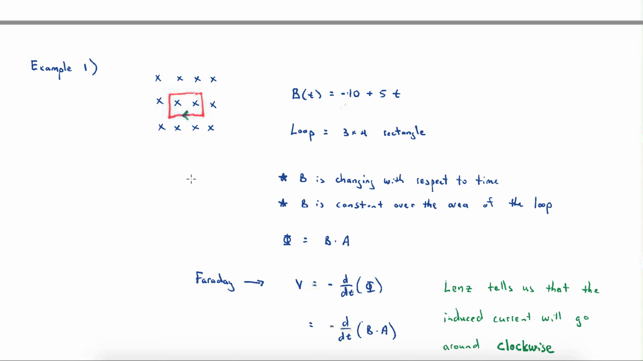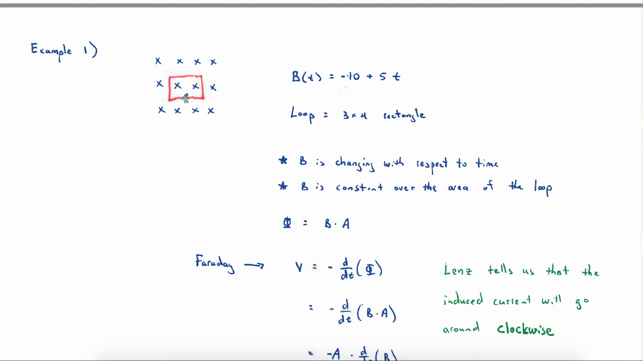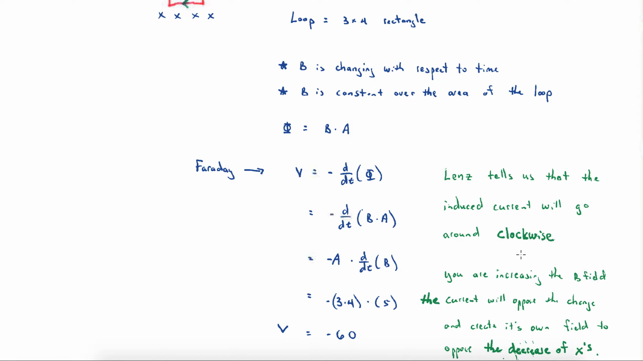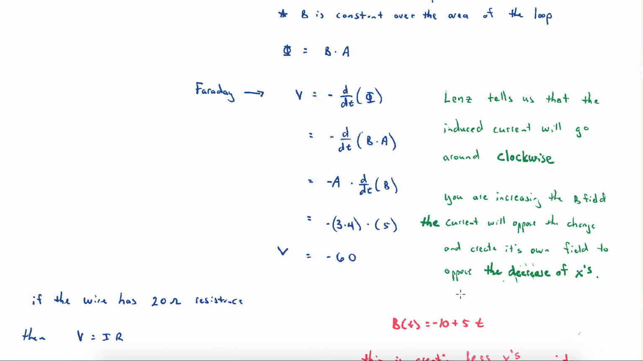It wants to maintain equilibrium. It's always going to oppose the change. So the induced current would be clockwise in this case. Again, the induced current is clockwise. You're actually increasing the B field, and the current will oppose the change and create its own field to oppose